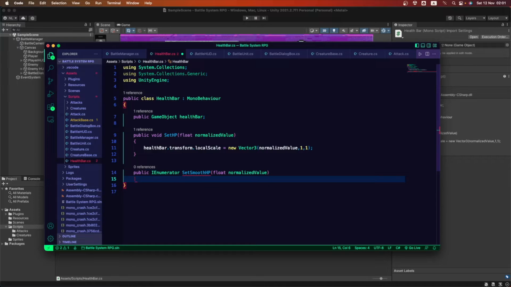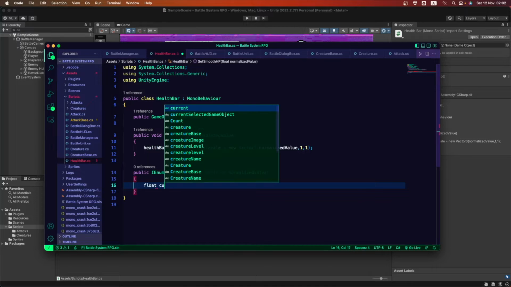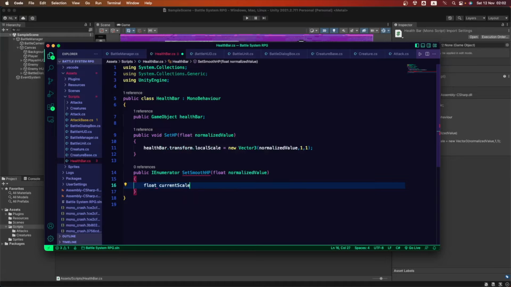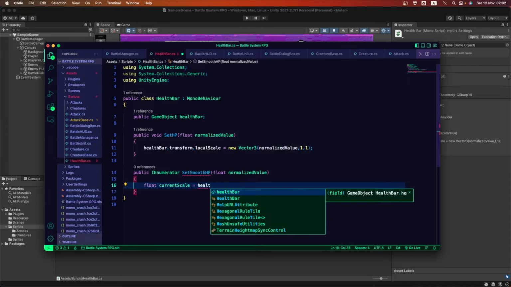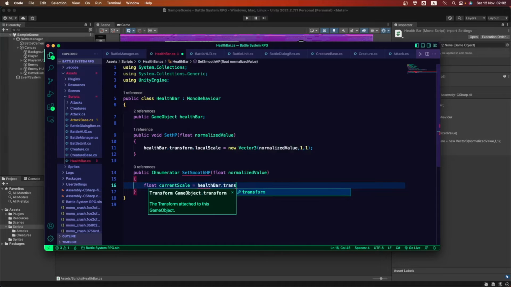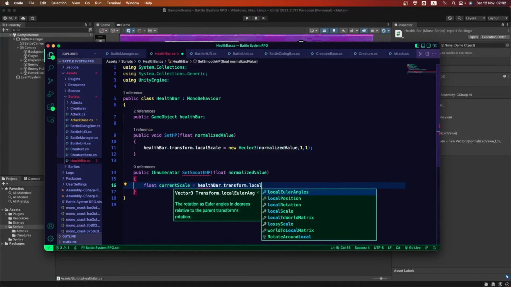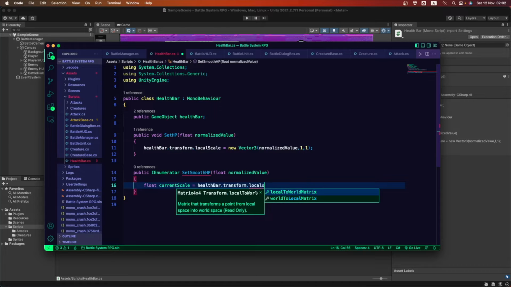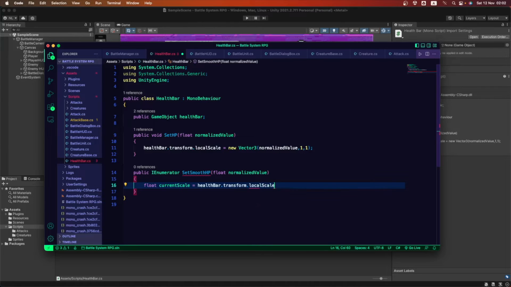Okay, so we're gonna go inside it so we can start building this coroutine. Let's start with a float, which is gonna be called currentScale. We're gonna assign this one to the health bar's transform and the localScale dot x, that value.